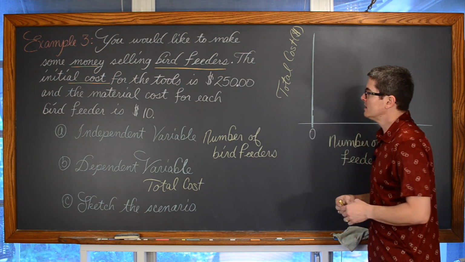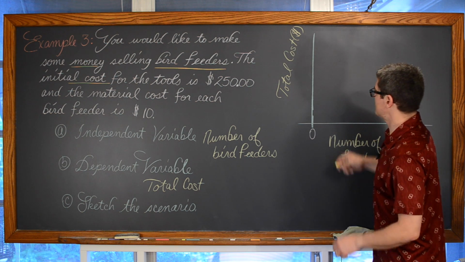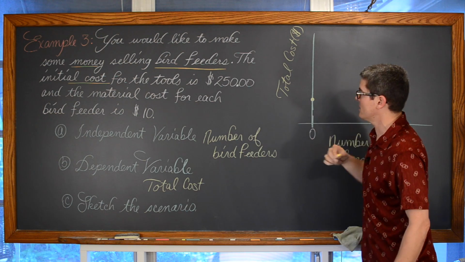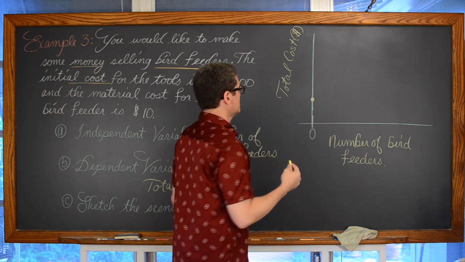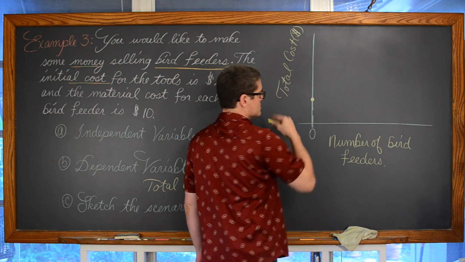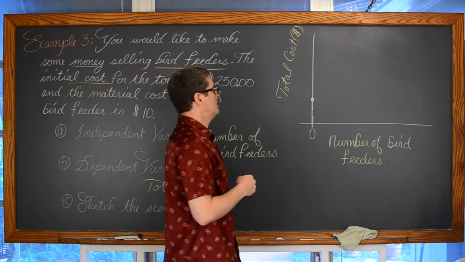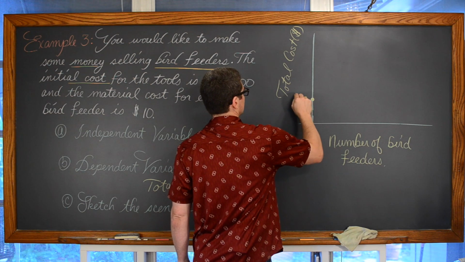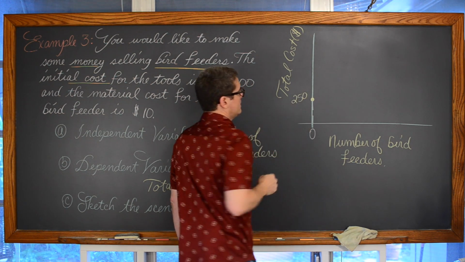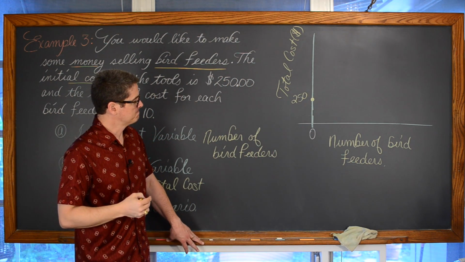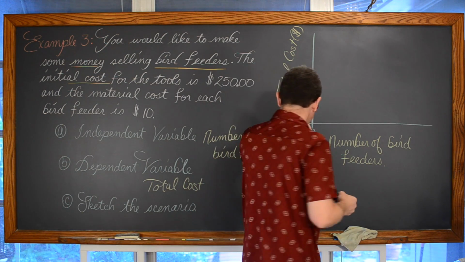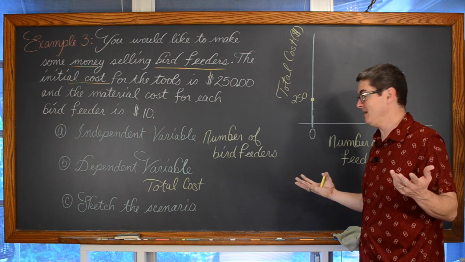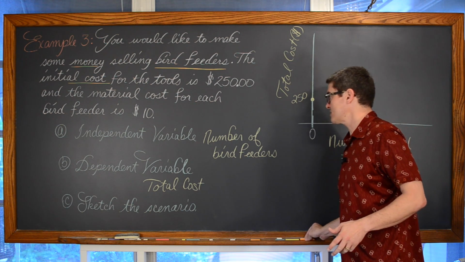That initial cost of $250 is what we will be learning, or I'm reviewing with you, I'm not sure, is a y-intercept. It's where the line, which is going to model the cost of making these bird feeders, starts: that initial value is going to be $250. And how much would we be spending if we didn't make any bird feeders? Maybe you started this project and changed your mind.